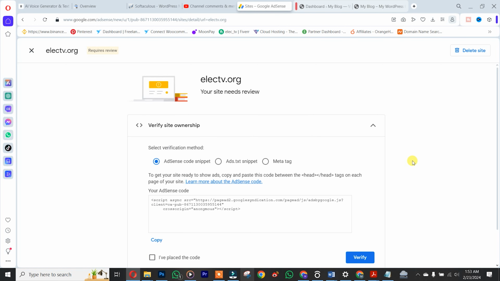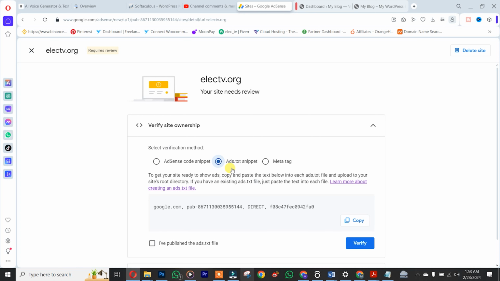So once you get here, there are simply three methods in which you can verify your site on Google AdSense. So we are going to choose the second one, that is the ads.txt. So we are going to copy this. We'll go to our WordPress website,